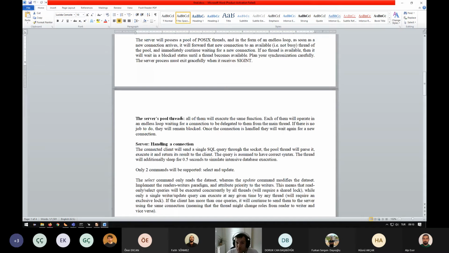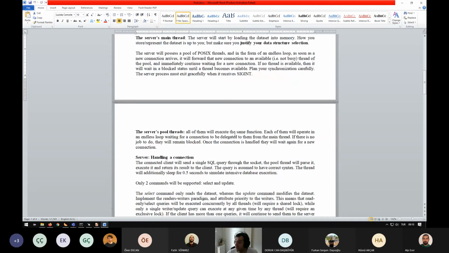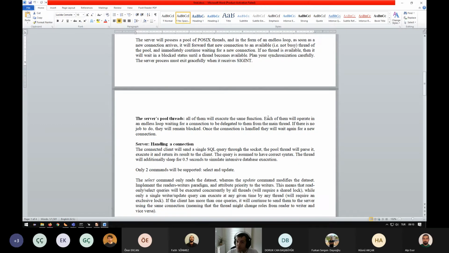Now, the threads in the pools, all of them will execute the same function. They will all be working in an endless loop. We will not be creating new threads. Whatever threads we are going to use, they were created at the beginning of the server. We are not going to create any new threads. So if we have 2, we have 2. If we have 8, we have 8. That's it. And each of them executes the same function, and they wait for a job to be given